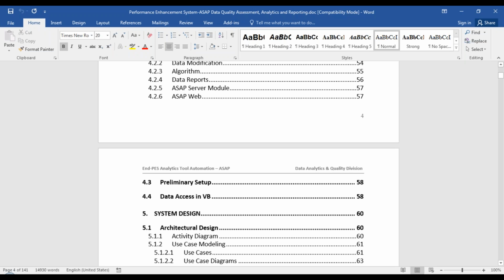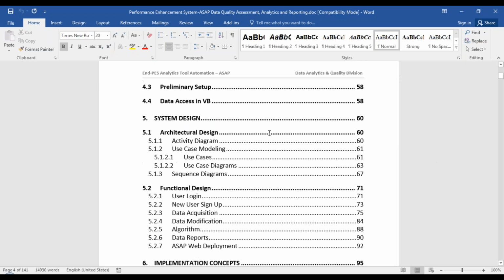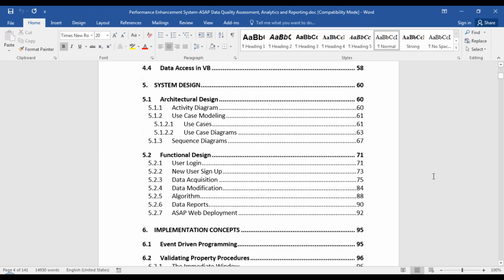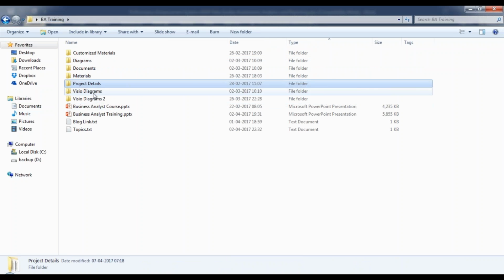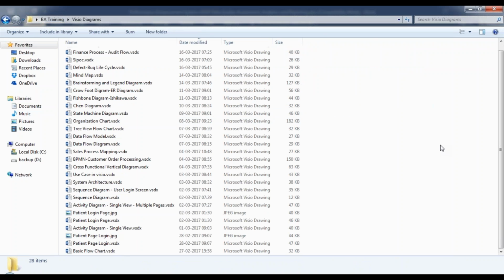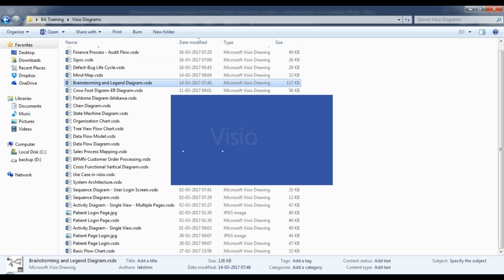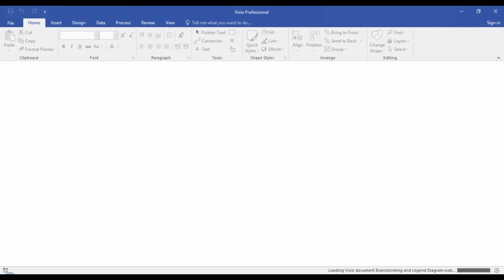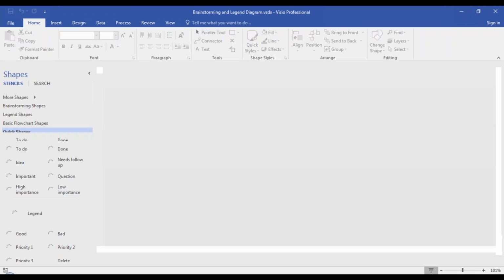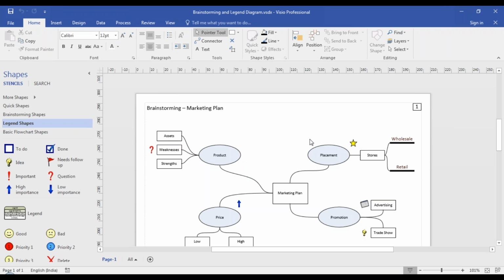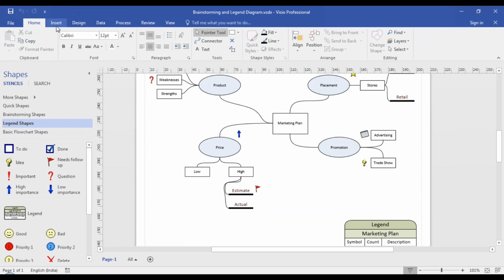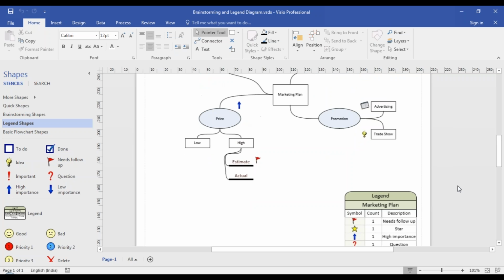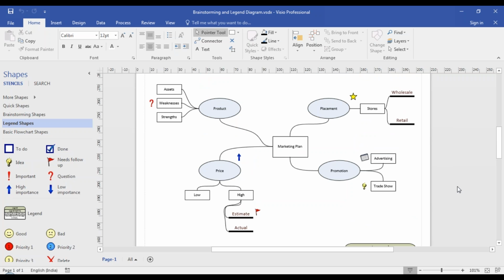What are modules? What is the system design? What is the architectural design and functional design? What are the various diagrams that you have to learn? As a part of the diagrams, I would like to show you what are the diagrams that I will be helping you with. These are all the Visio diagrams. Once you do a brainstorming session, you will create a brainstorming presentation or a diagram. These are referred to as artifacts. So each and every tool that is there within Visio. As a business analyst, if you tell them that you have very good hands-on with Word, Excel, PowerPoint and Visio, it's going to take you places.